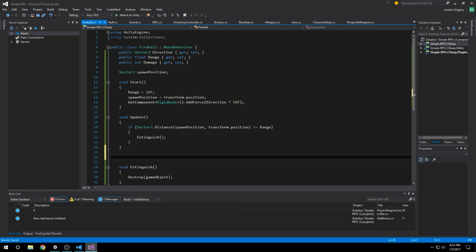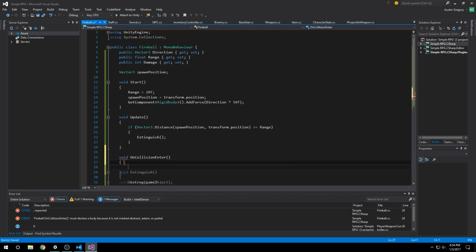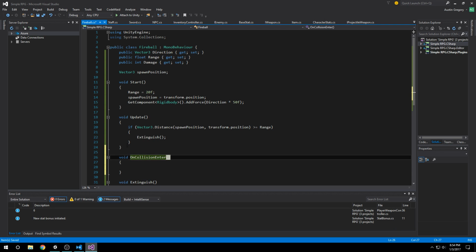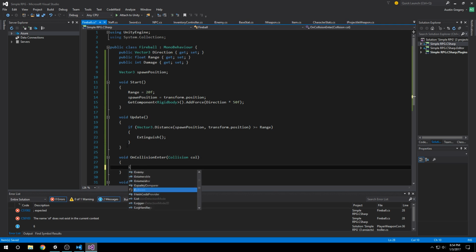But if we hit an enemy, we want to damage the enemy. So I'm going to do a void OnCollisionEnter, just like that. This is looking for a Collision type of object. I'll call it col for short. And we're going to check to see what tag is on this. You could check for a component if you want, or an interface, whatever you like. But we're going to use the tag, and we're just going to say if collision, or sorry, if